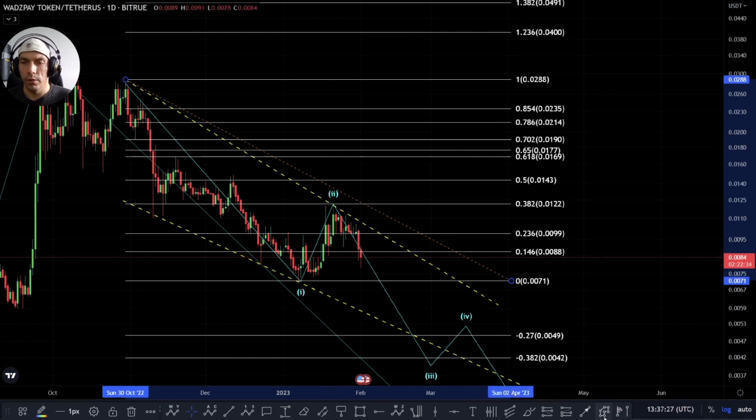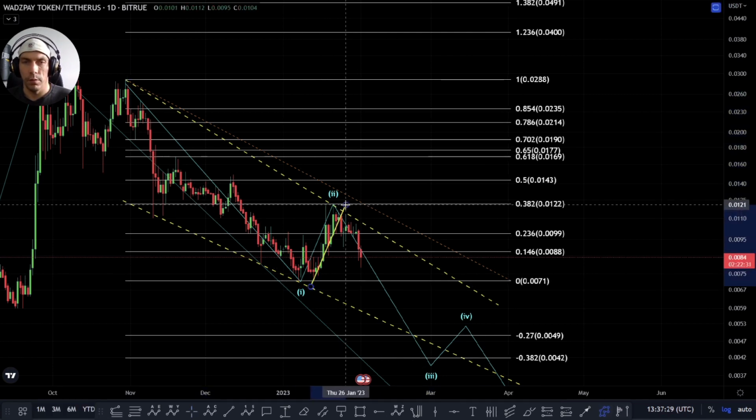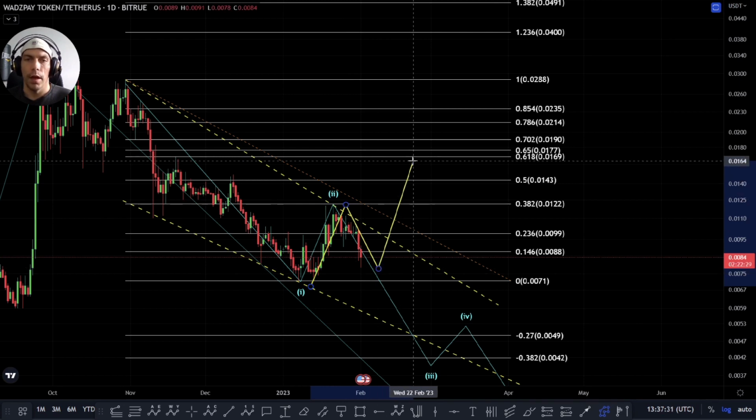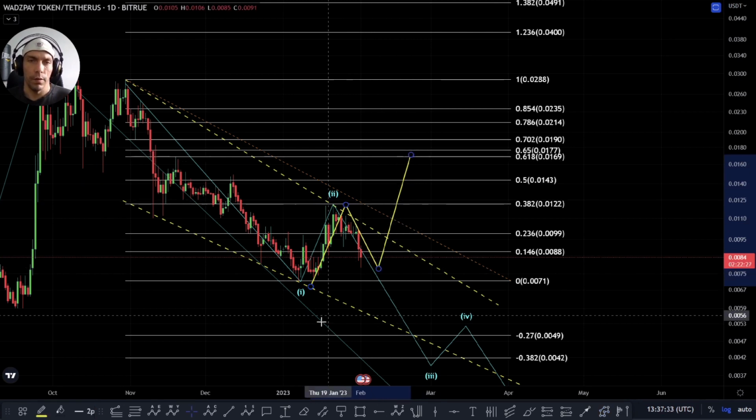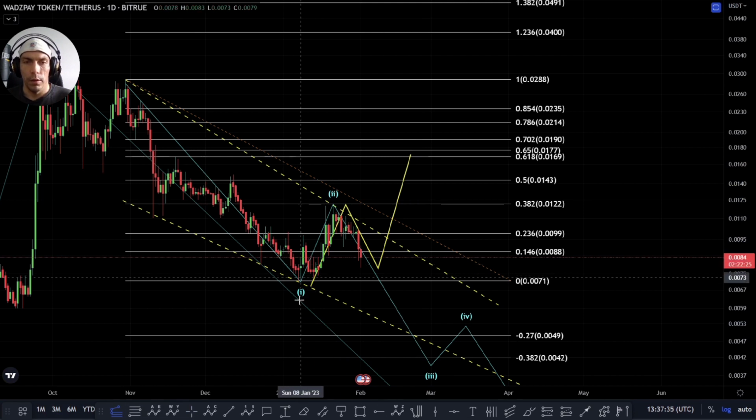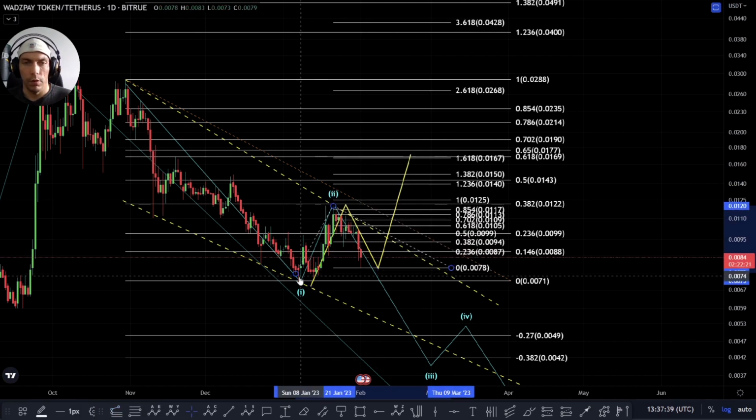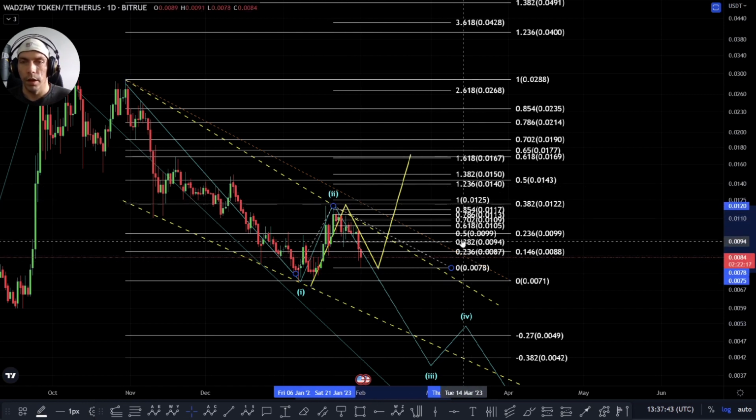So there is the potential we could see this play to the upside, where this becomes an A, a B and a C. And effectively then what we'd be looking for is potentially moving towards this zone here of this 1 to 1. I'm going to use this current low. So the 1 to 1 would actually only move us back up to this 382, which would be this 125